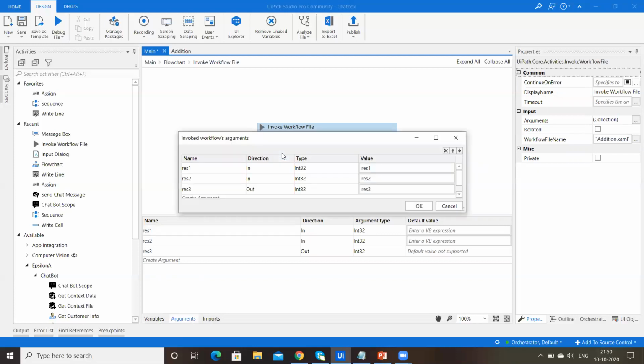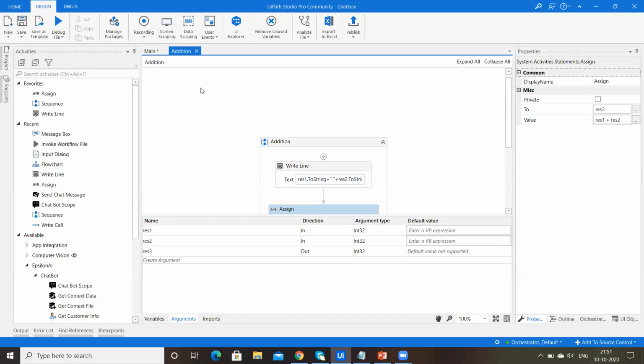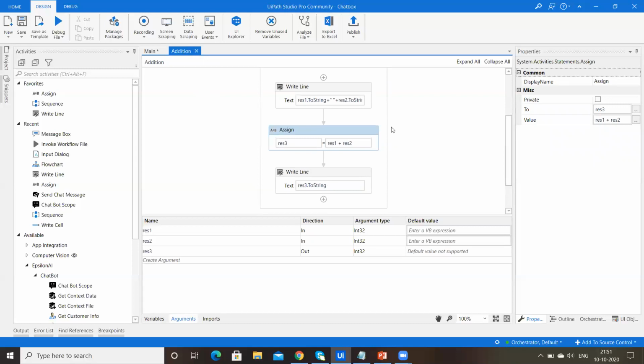Before moving to this, I have created another workflow, that is the addition of 2 numbers. Here I didn't put any logic. It is a very simple workflow, the addition of 2 numbers. Here I took 3 variables, result1, result2 and result3.